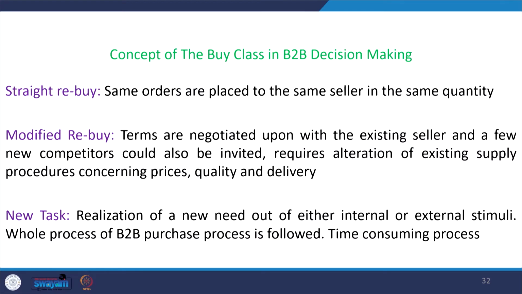Now there are three important concepts which again we need to understand with respect to B2B decision making. There is one concept of a buy class, but it has three sub-dimensions. One is straight rebuy. Straight rebuy simply means the same orders are placed to the same seller in the same quantity. To what we just discussed, now these are the people who have invested a lot in nurturing that relationship